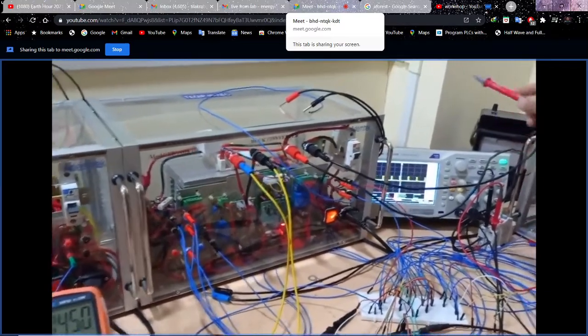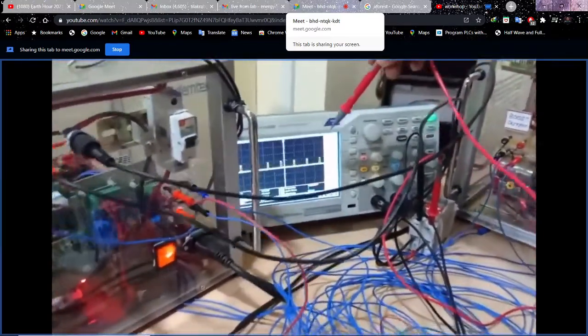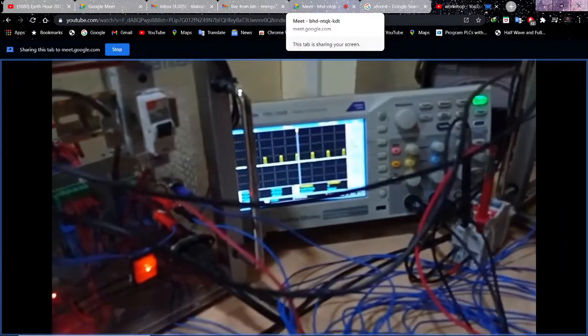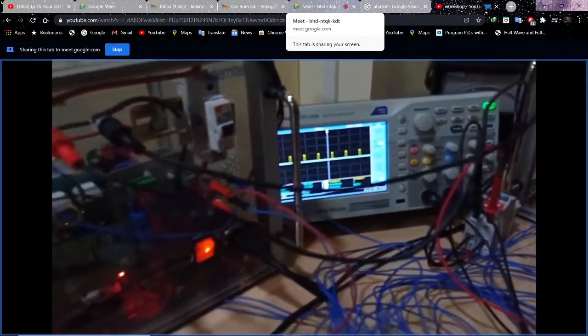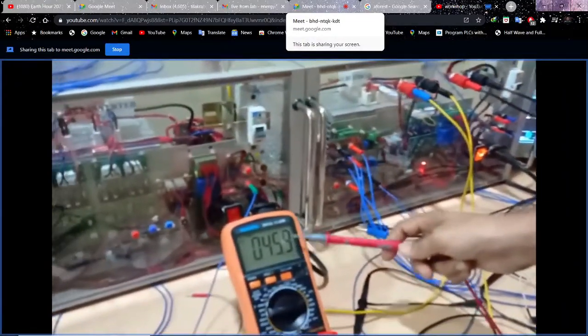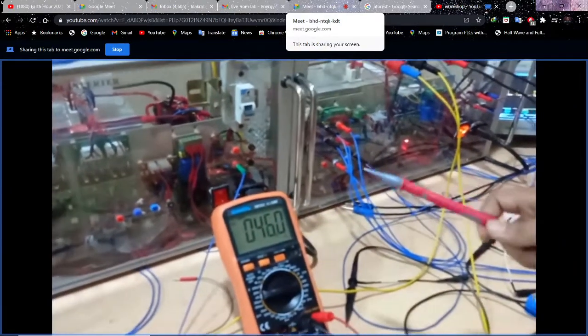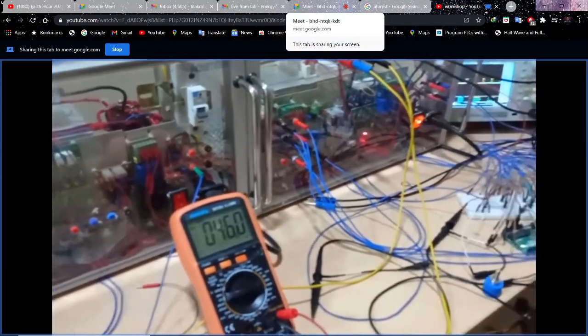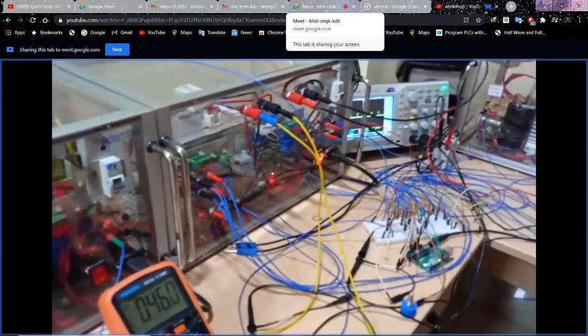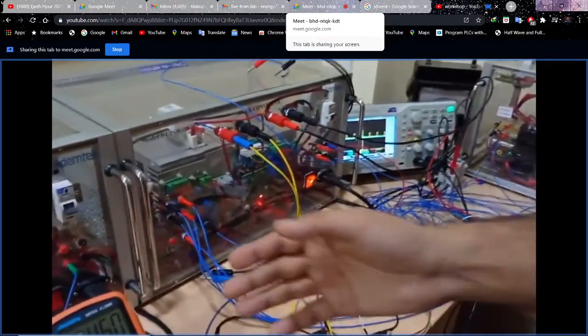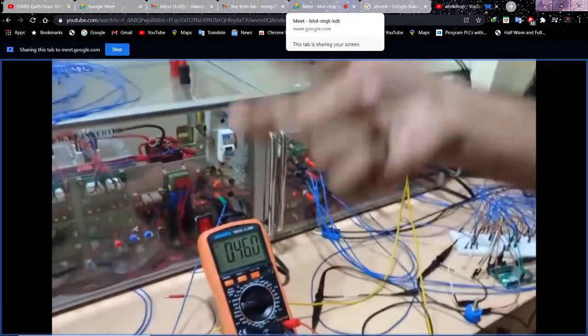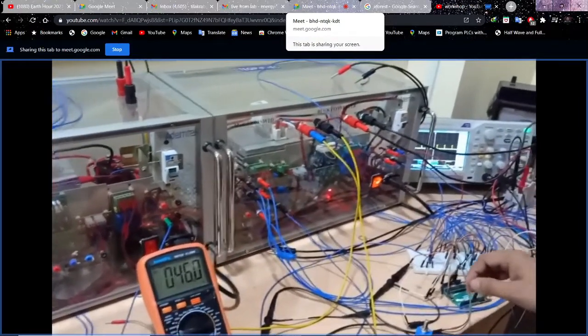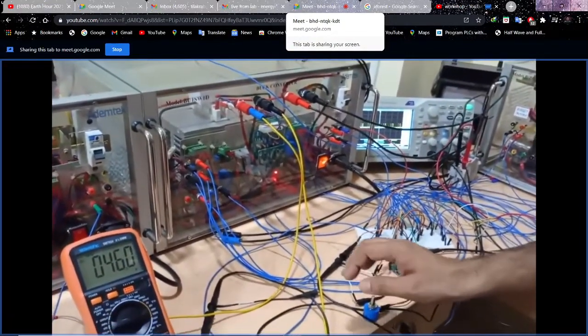So you can see here the duty cycle has been increased. Now it is not 0, it is more than 0. So accordingly at the output we have got 45 volt, 45.9. So this is the open load condition. We have not given any load. Therefore, once we give the load, this voltage will be reduced. Let us check that also.